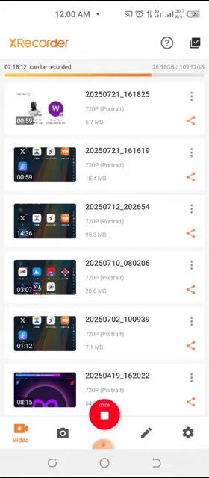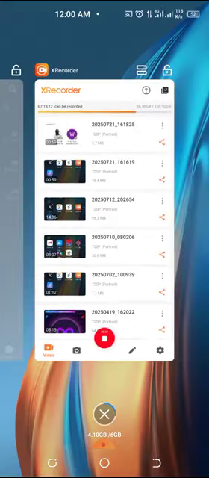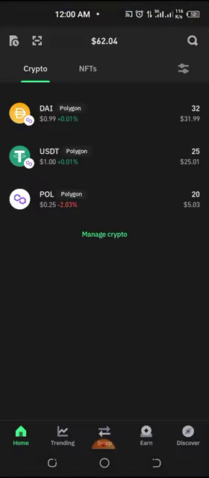In this video, I'll be showing you how to swap your USDT to DAI, for USDT Polygon to DAI Polygon. All right, let's move ahead to see the procedures. All right, this is